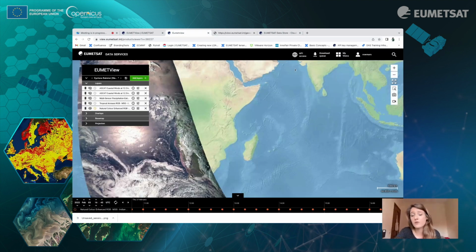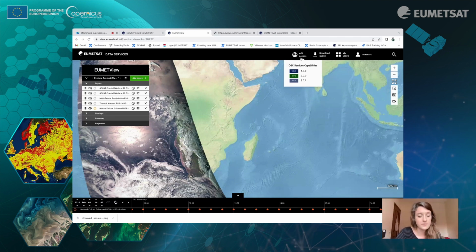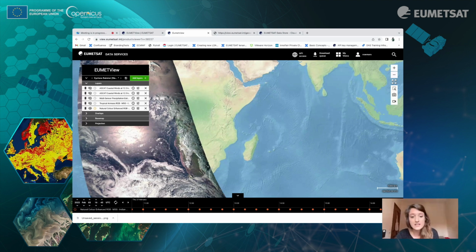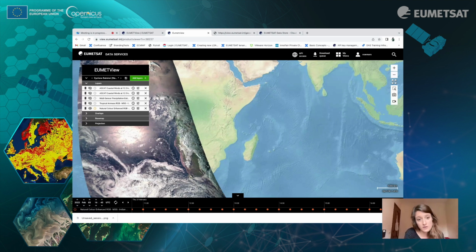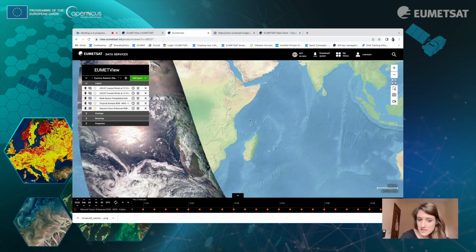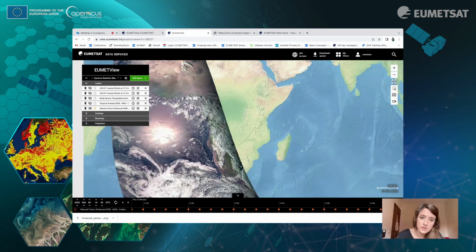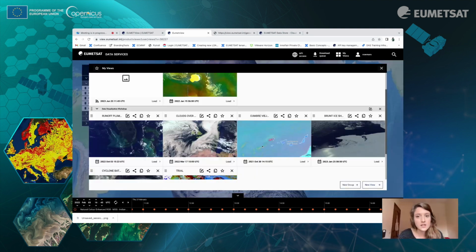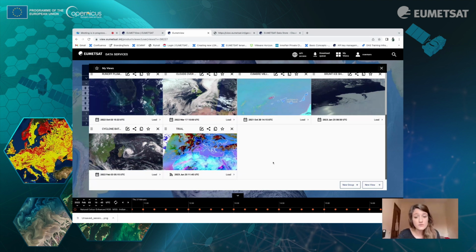And we also have, of course, different information. We have shared these links as well, to use the EUMETView as part of QGIS. So you can simply use QGIS, use it as a WMS service, the WMS service of EUMETView, and then import your data. So if you're feeling comfortable with using QGIS, you can also do that. And this is more or less all you can do with the EUMETView. There is a lot that you can check out. There is a lot you can create.